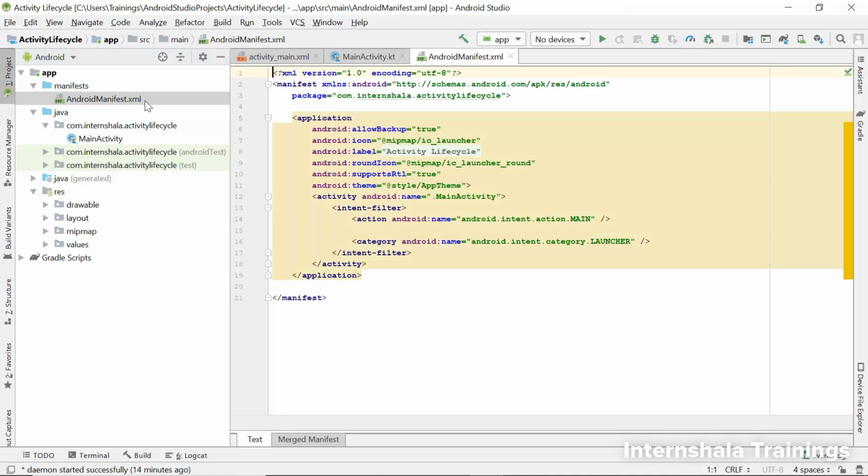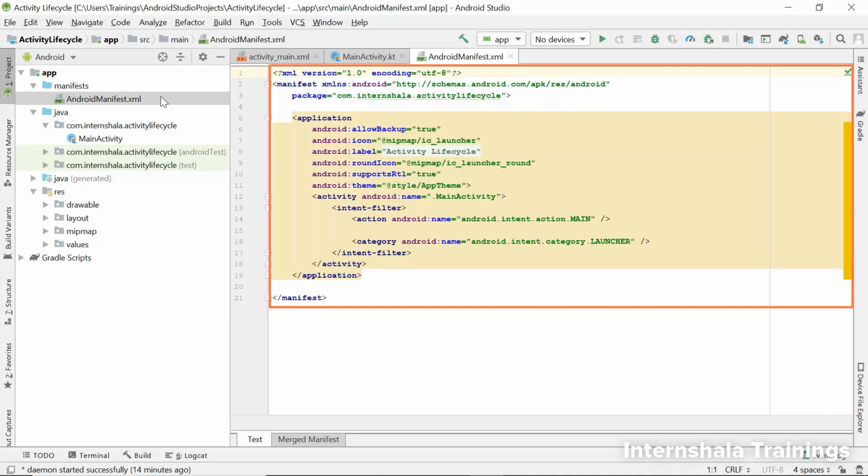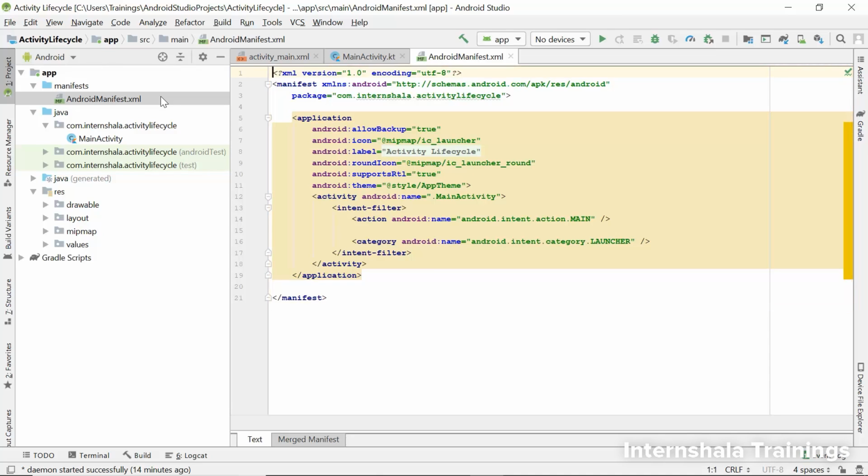We can see here that all the things added to this file are in the form of tags. Since it is an XML file, all the data is added to it using tags. Now this XML file starts by telling the compiler that it is going to use XML version 1.0 and the encoding is UTF-8.